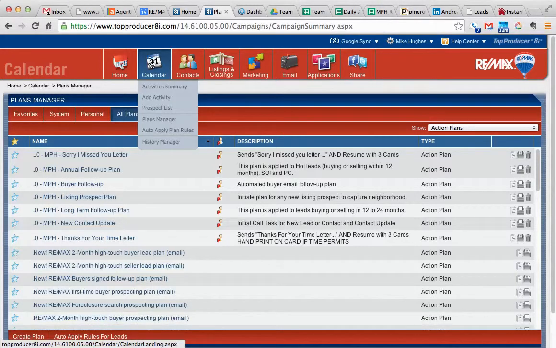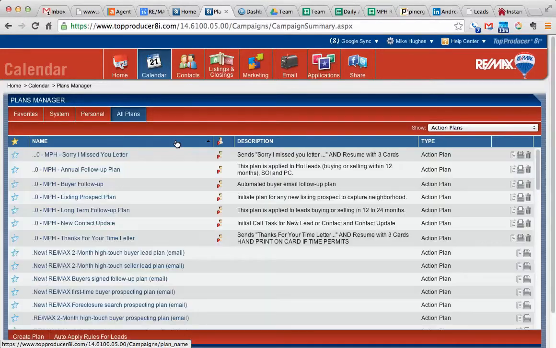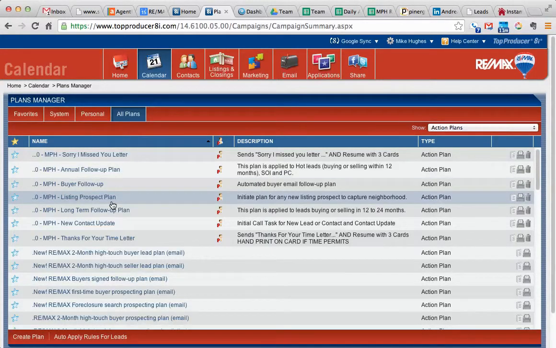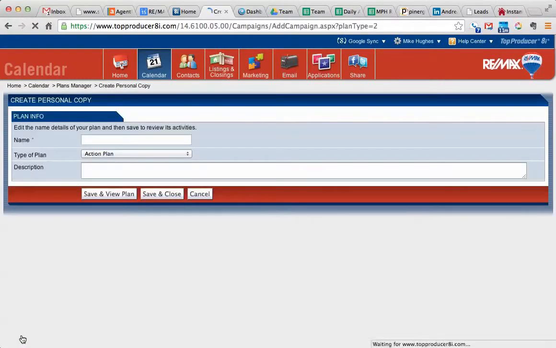So basically, I'm already a little ahead of myself, so we're going to go from the beginning by clicking on Calendar and then Plans Manager. It takes us to this list of action plans, which provides a number of other form templates that we could even copy. But if you go down and click on Create Plan,